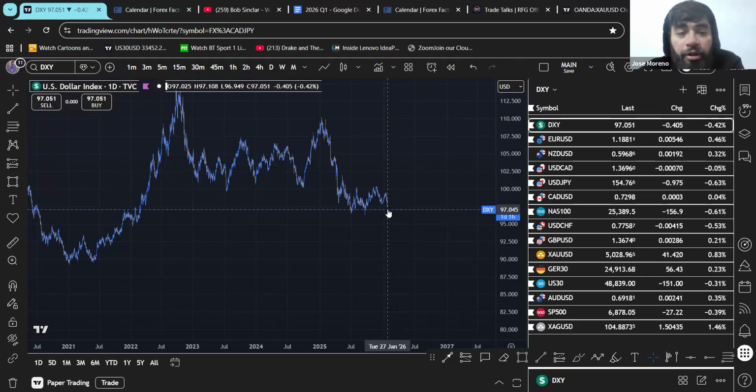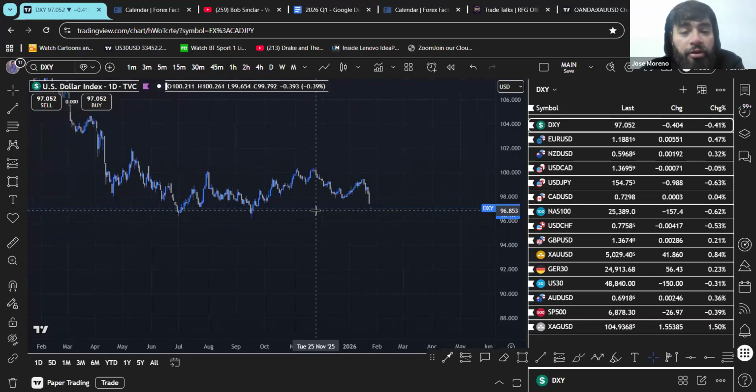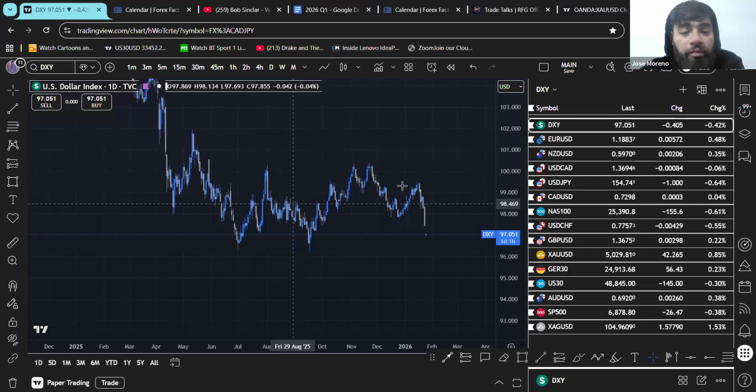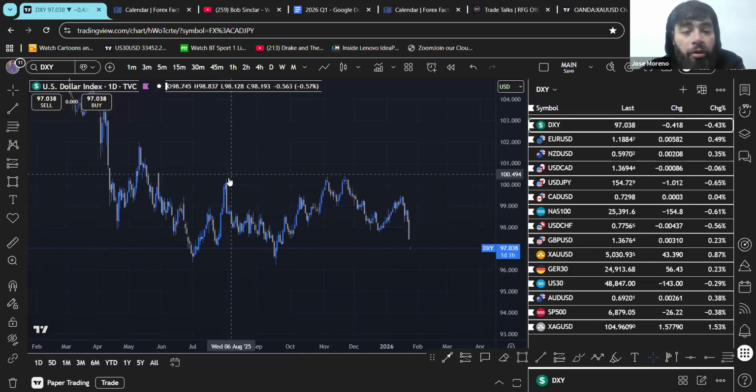So really, from a bigger time frame perspective, I'd be treating pullbacks and pushes back up as reasons to continue to sell off. Because again, there's no real reason to say that we have necessarily flipped bullish at all, right? Yes, we broke this high right here, but when we broke it, we really just did it almost like a sweep, right?